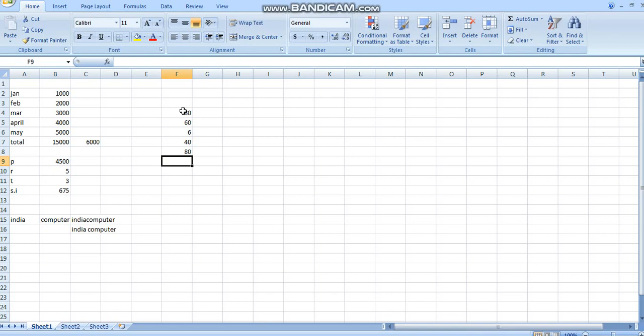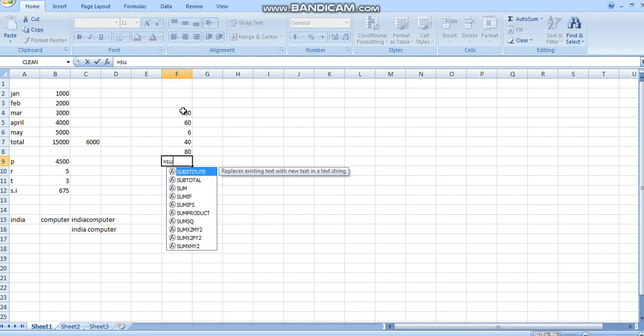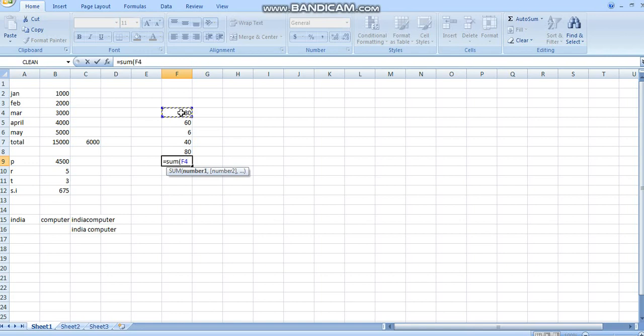Now I'll write a formula: equal to SUM, S-U-M, then bracket. I have to write the first entry, which is F4. I just press this entry with the mouse, it is F4. Then I'll write a colon, shift colon, and I'll take this last 80.